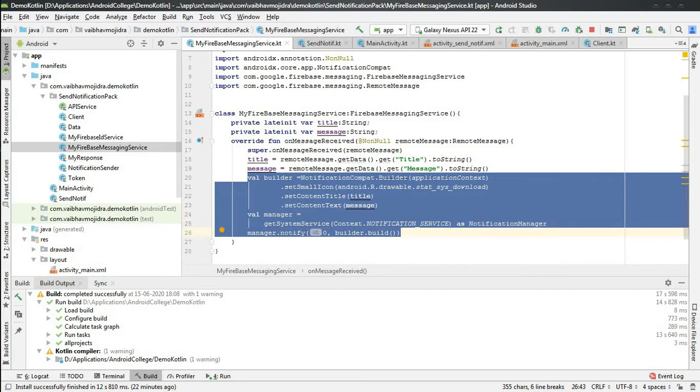Now guys, the code you are seeing is only supported till Oreo. For Oreo and all later versions, we have to use code in which we register our notification with a channel ID.